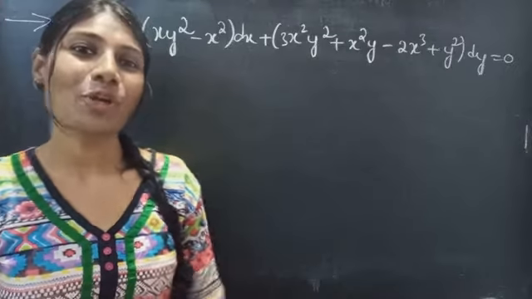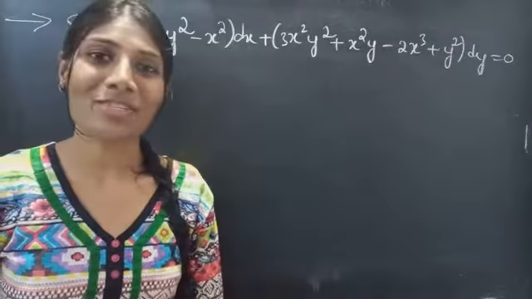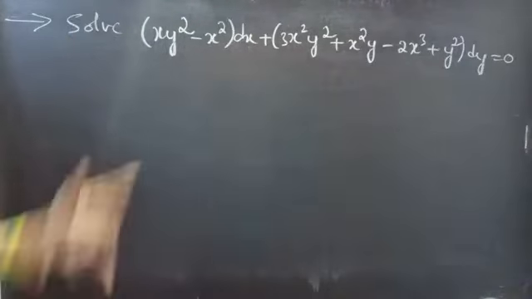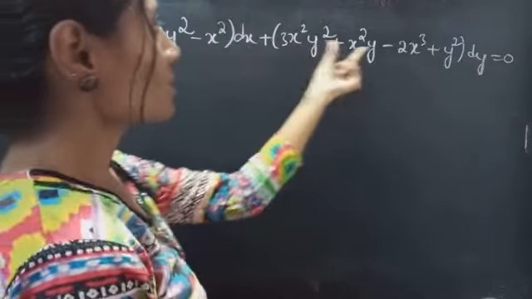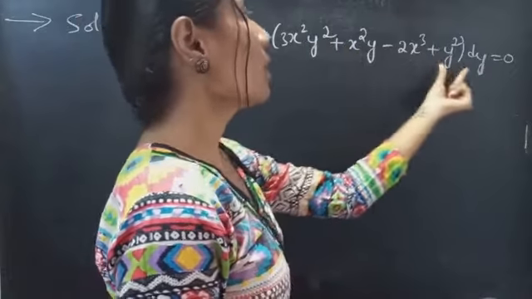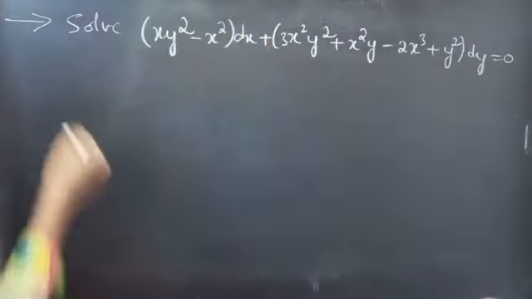In this video we are going to solve the given differential equation which is non-exact. So let's get going. Problem: solve (xy² − x²) dx + (3x²y² + x²y − 2x³ + y²) dy = 0. Solution: